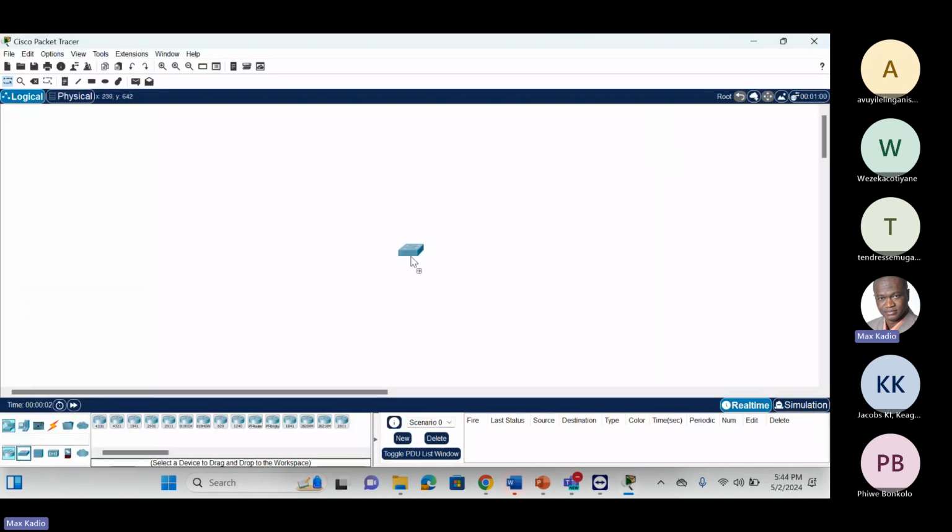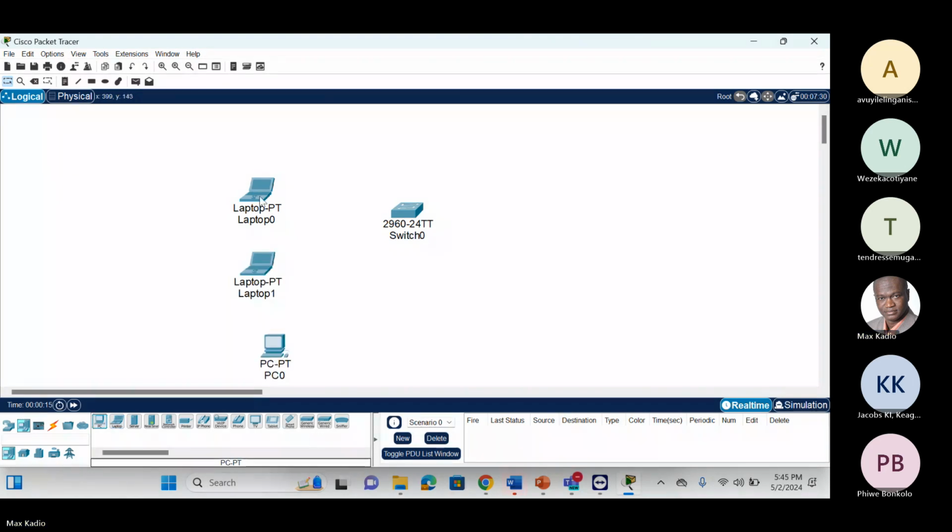I'm going to put a switch here, and one laptop, two laptops. So all these devices,